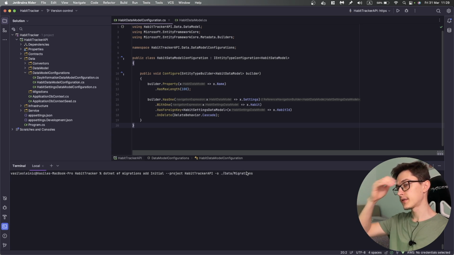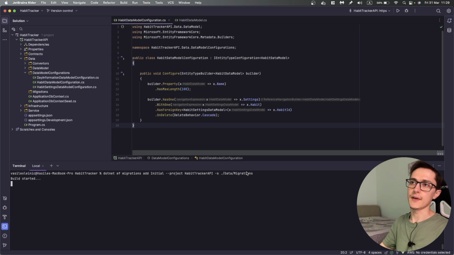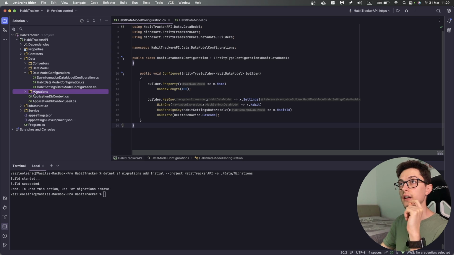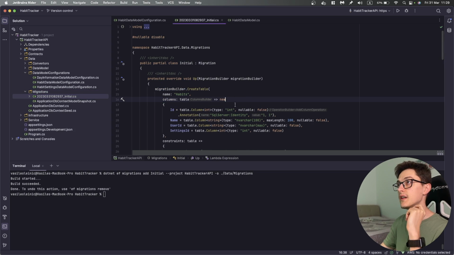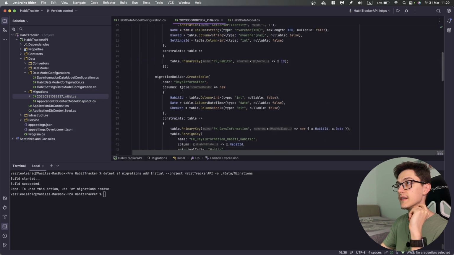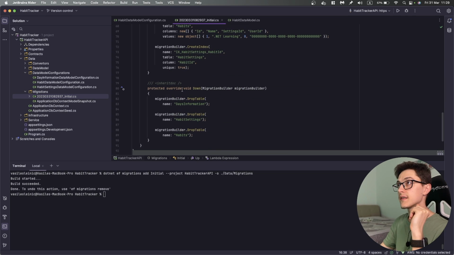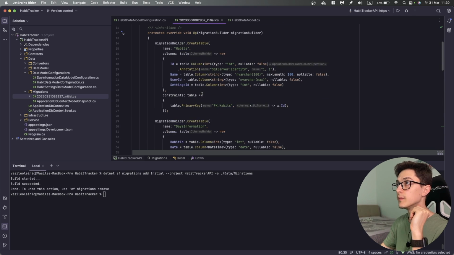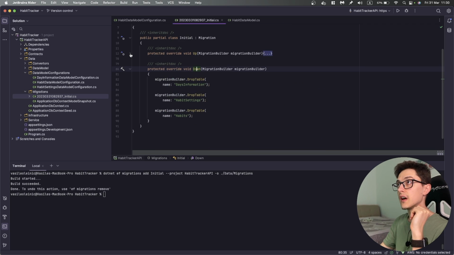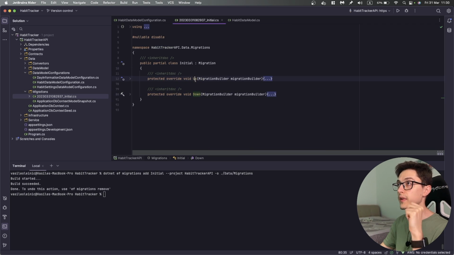And if I hit enter, it should automatically create the migration over here. Yes, and here it is. So basically the initial.cs, over here we have the habits, the days information, the habit settings, and we have the down method. Basically what I mean by that is when we run the first time migration, when we apply the migration,